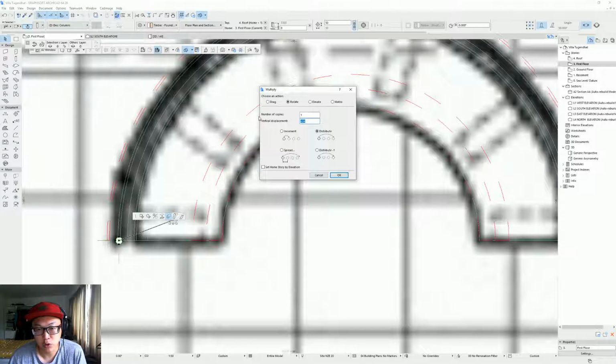I don't want any vertical displacements because I just want them to stay on the same level. So let's set that to 0. And I need to have, I think it's 1, 2, 3, 4, 5. So I have 5 copies,